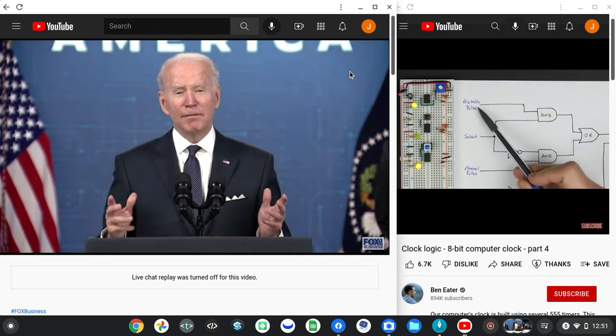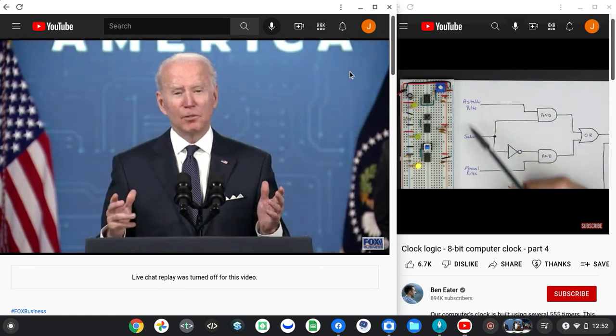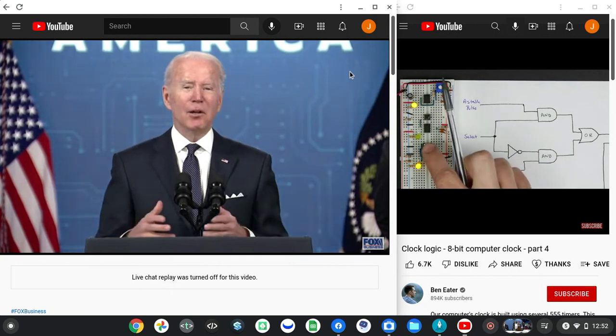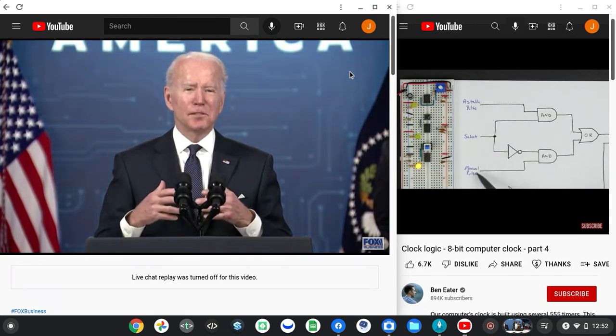We've got our astable pulse input, which is this guy. We've got our select, which is the push button select, and then our manual pulse, of course, is the